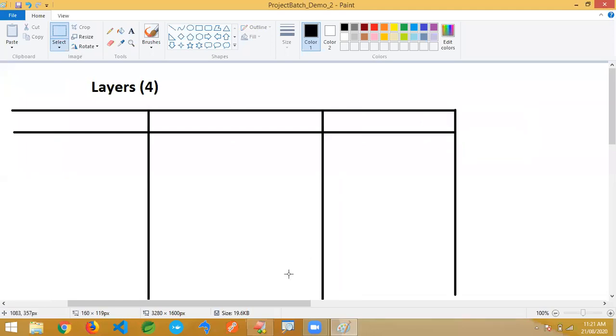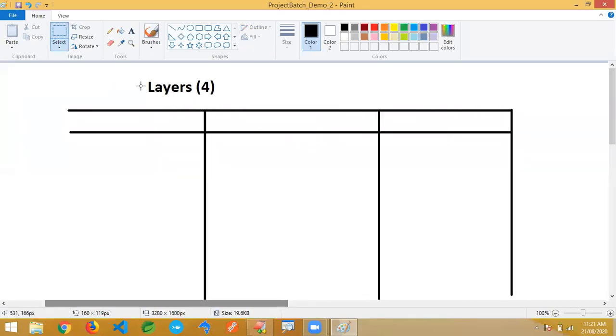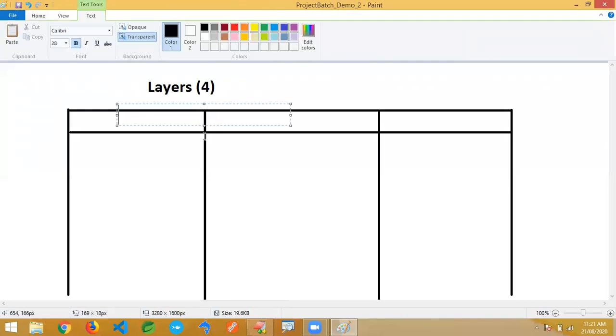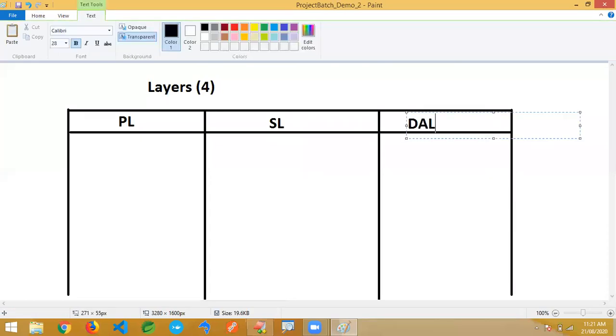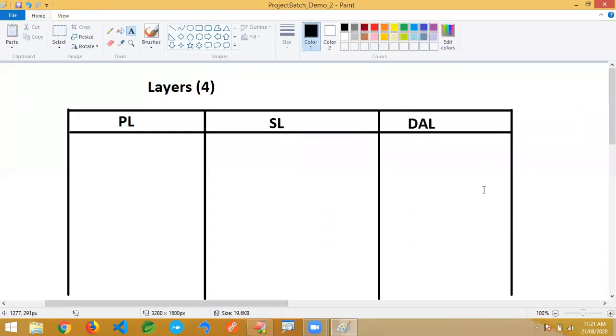Let me take three because I just want to show some code files here. The fourth one will also come in the next sessions. So it's presentation layer, service layer, and data access layer. The integration layer we will see later.